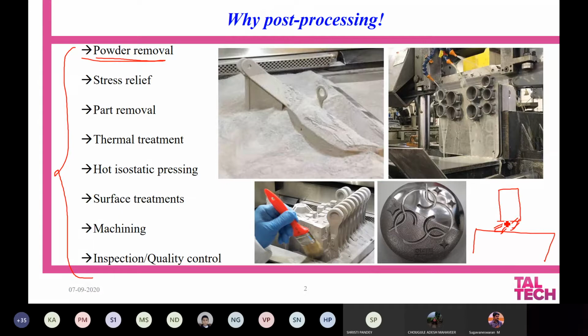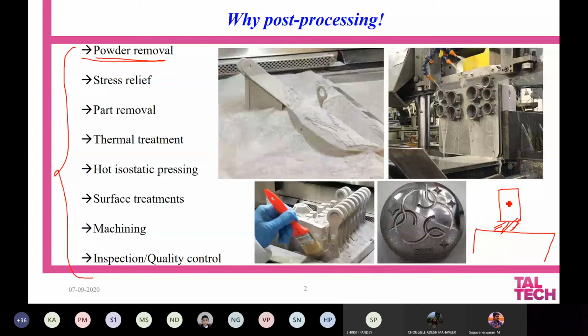When the part is produced at a very fast rate, with very high cooling rates, a lot of internal stresses are generated within the material, and these internal stresses will make the material brittle when you use it in a real time application.